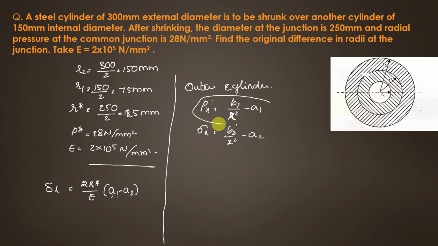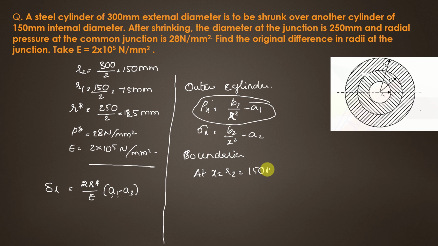We need this for the outer cylinder, so we have to apply the boundary conditions now. The boundaries of the outer cylinder are its outer radius and its inner radius. So at X equal to the outer radius R2, that is